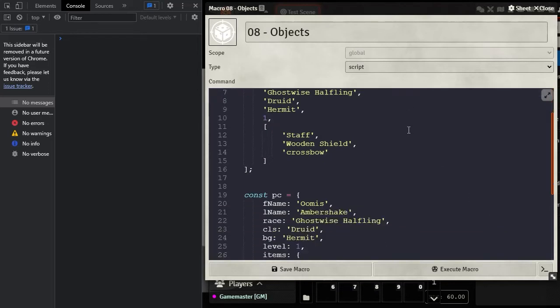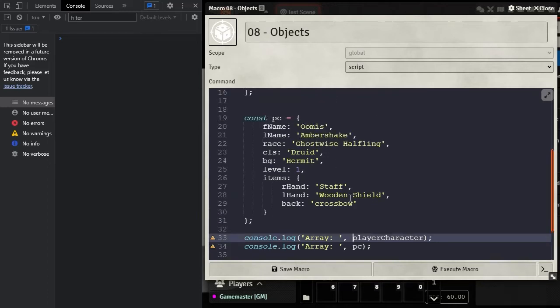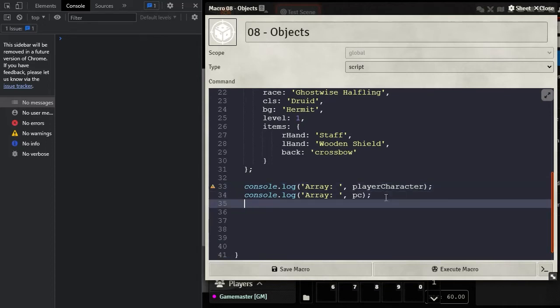So you might have noticed that sometimes we use string literals, I think is what they're called, where we do the little back tick, and then in here we put a dollar sign, and then the actual curly braces to access that. That does not work with objects and arrays and other things that are more complex than a simple value. The reason it works with other things is because they break down and return a single value. So if I wanted to look at the object itself, I could say something like this,